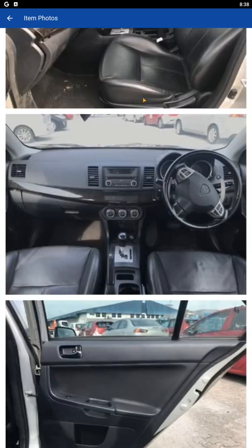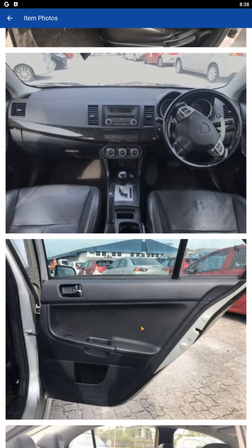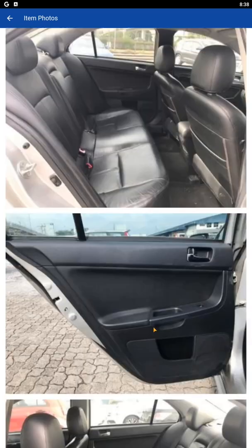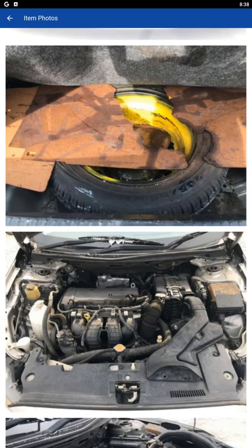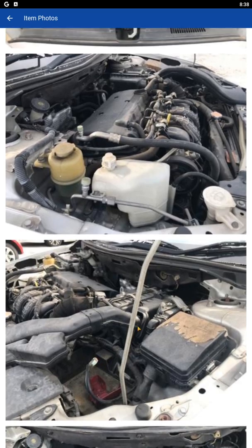Now the Inspira, the Proton partnership with Mitsubishi was actually not a bad partnership, but when DRB-Hicom came into the story, it just fell apart from what I've heard on the internet, which is a bit sad. There's so much more that this partnership could have yielded. The wooden parcel tray that separates the tire and the carpet seems to be ruined by water. The Mitsubishi 4B11 engine that looks to be